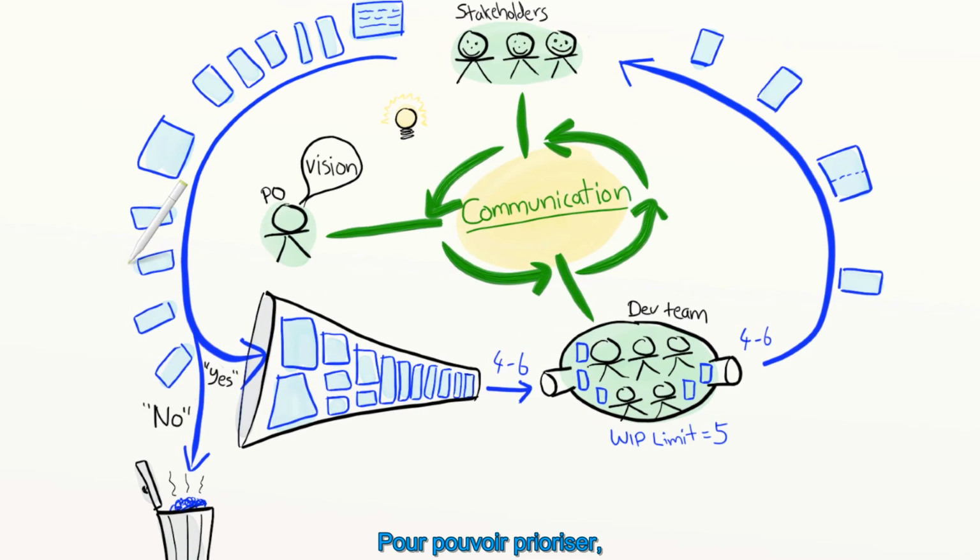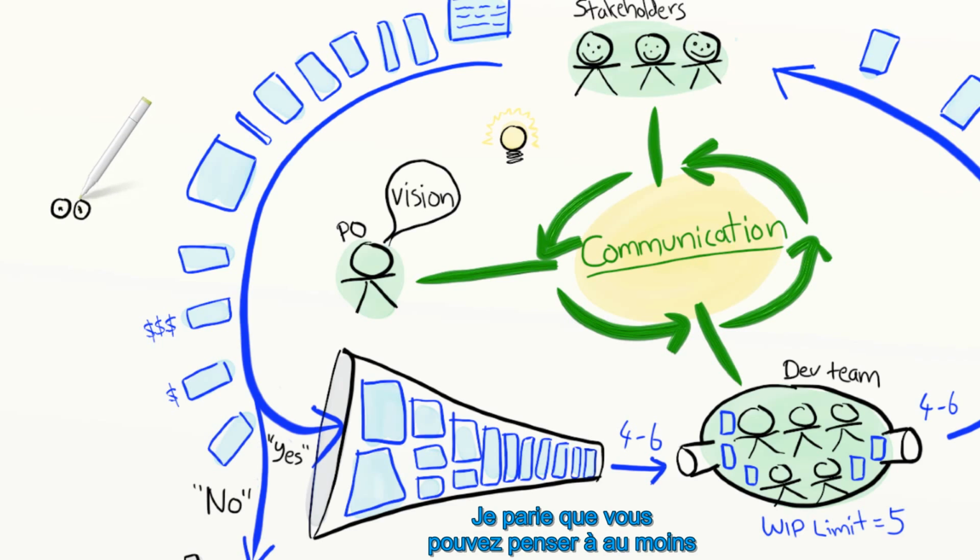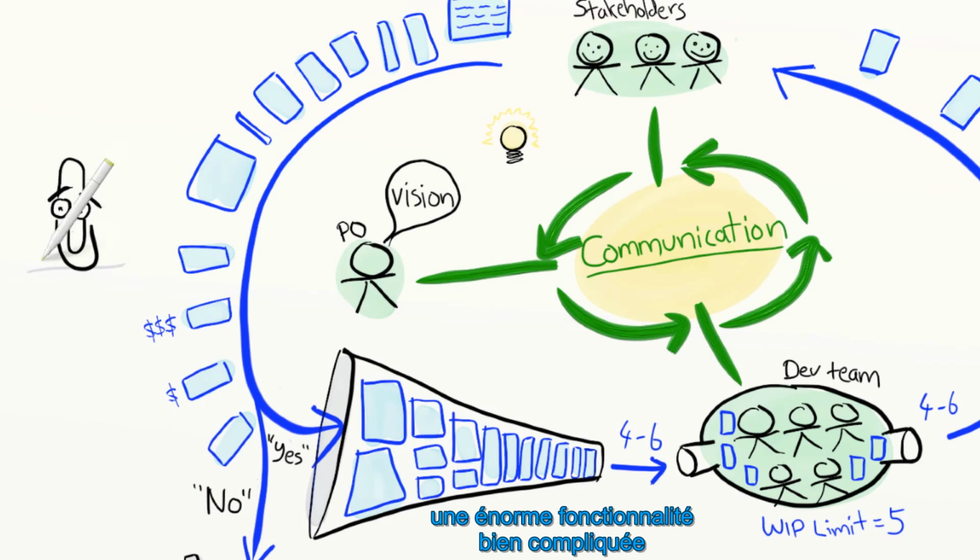To be able to prioritize, the product owner must have some idea of the value of each story, as well as the size. Some stories are critically important, and others are just bonus features. And some stories take just a few hours to build, and others take months. Now, guess what the correlation is between story value and story size? That's right, none. Bigger doesn't mean better. Think of any system that you've used, and I bet you can think of at least one really simple feature that is very important, that you use every day, and I bet you can think of at least one huge complicated feature that is totally